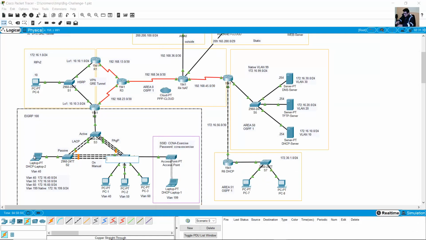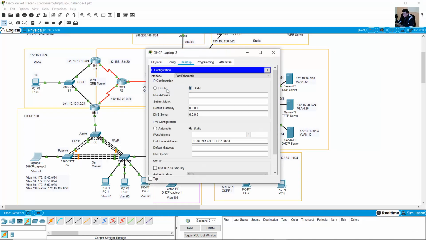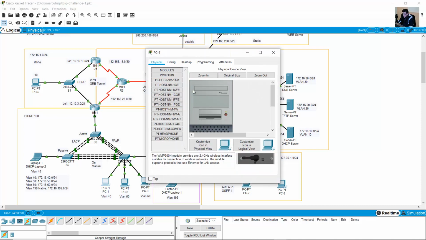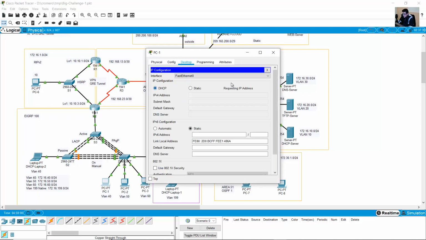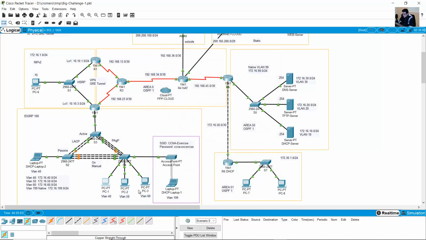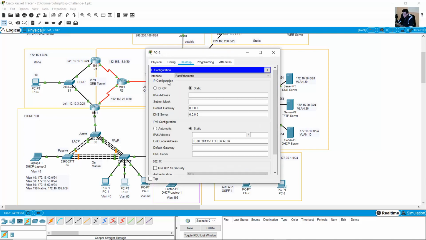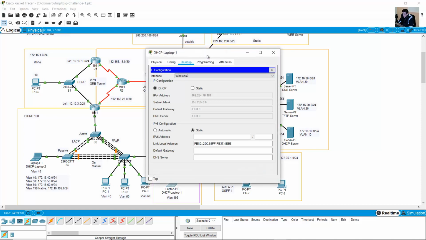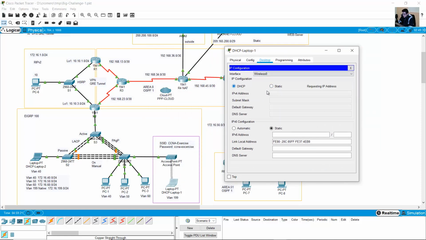Okay, so go to PC, go to the laptop, DHCP, very nice. PC1, very good. PC2, okay, PC3, DHCP, very nice. Laptop, wireless connection, okay,